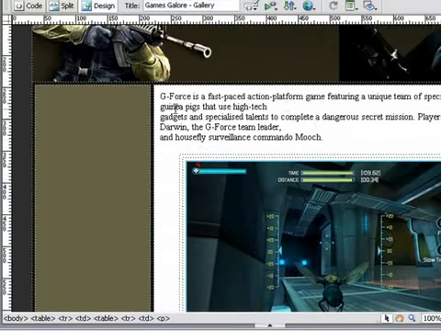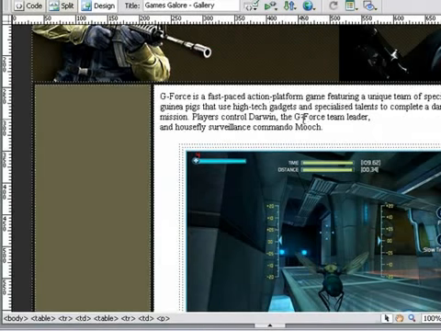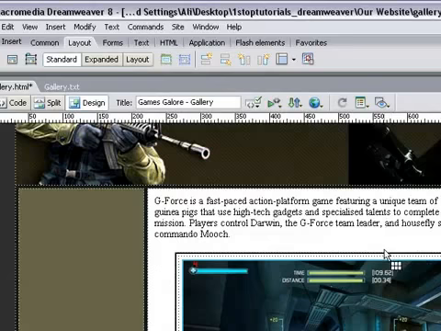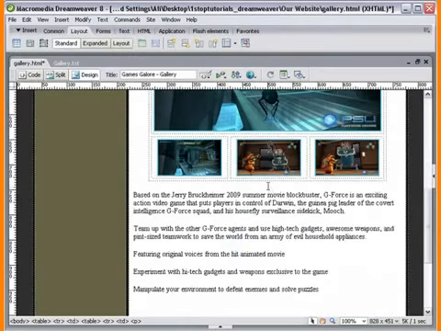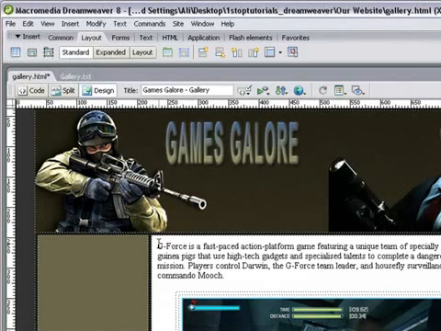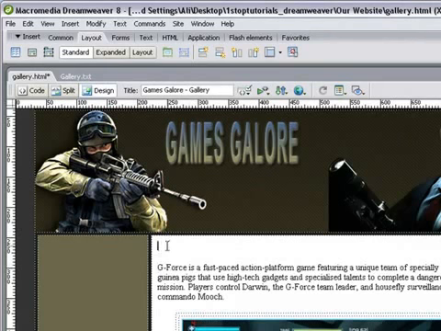So let's tidy it up a bit. Under guinea pigs that are high tech, let's just click at the end and hit delete on your keyboard, and the same here, just to keep this tidy. And let's come down here and have a look at how we're looking. Yep, looking good. So at the beginning of GeForce, let's hit enter again, click above it,